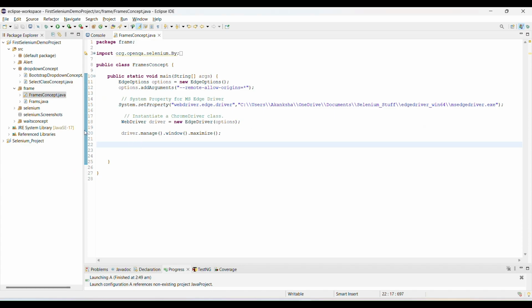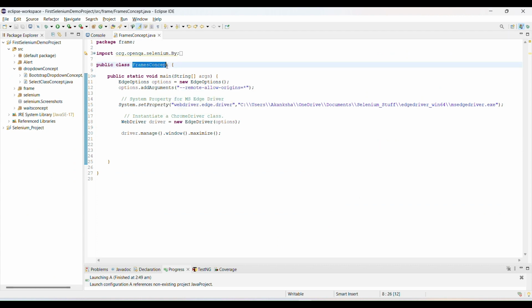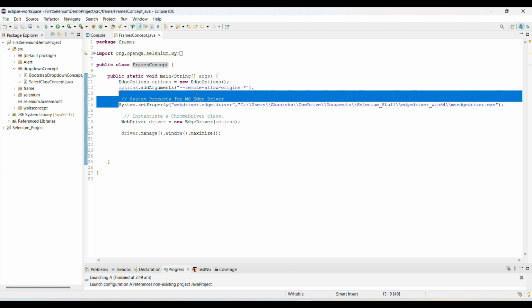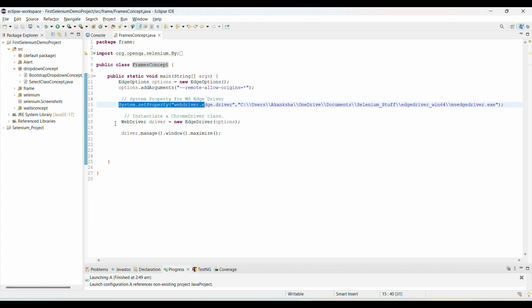I already opened one class, and the class name is FrameConcept. Then I declared some simple common code here: System.setProperty, WebDriver initializing, and then maximizing the window. So these three common lines I just wrote down here. Then what do we need to do? First task is